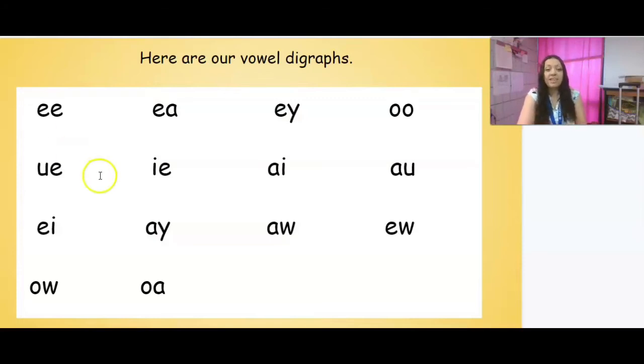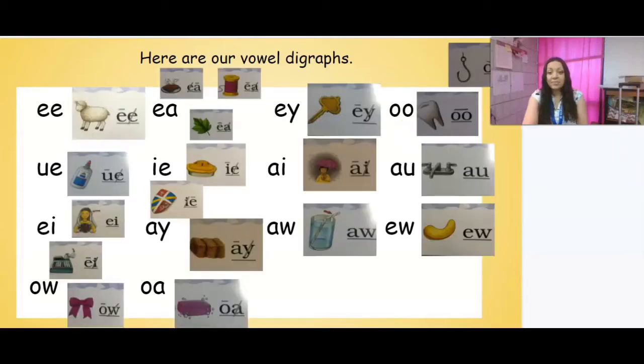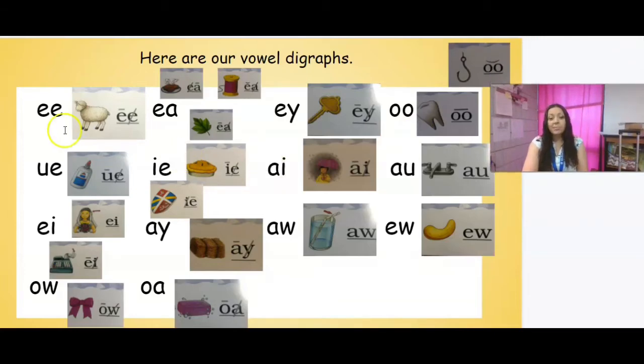All right, so we have digraph EE, digraph EA, digraph EY, digraph OO, digraph UE, digraph IE, digraph AI, digraph AU, digraph EI, digraph AY, digraph AW, digraph EW, digraph OW, and then digraph OA. All right, so look, we have lots of picture cards for our digraphs, okay? Because we're going to go over them, because remember, some of them have more than one sound that they can